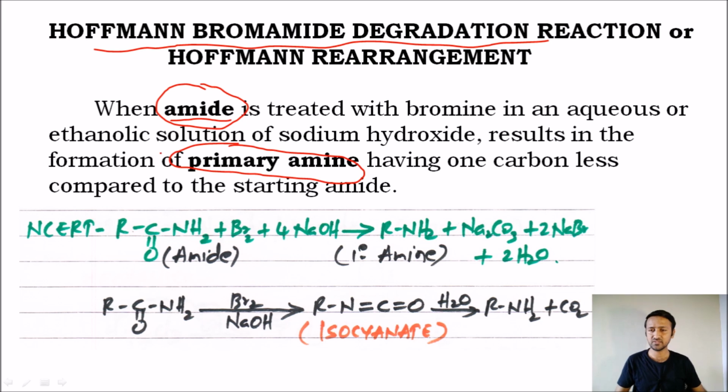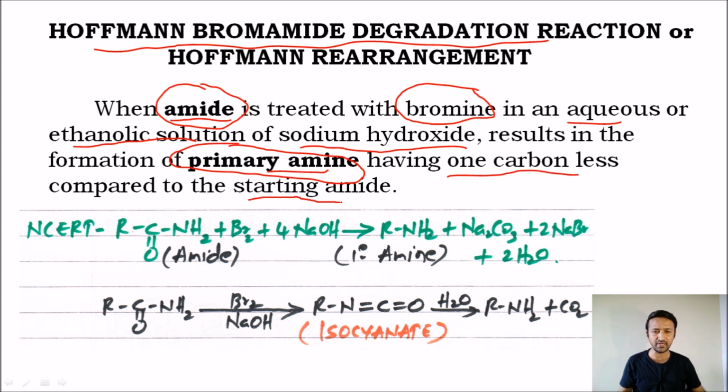So it's a method of conversion of amide to amine, or in other words, a method of preparation of primary amines. The reagent used in this reaction is bromine in aqueous or ethanolic solution of sodium hydroxide. So when an amide is treated with bromine in an aqueous or ethanolic solution of sodium hydroxide, it is converted into a primary amine, and the primary amine obtained has one carbon less compared to